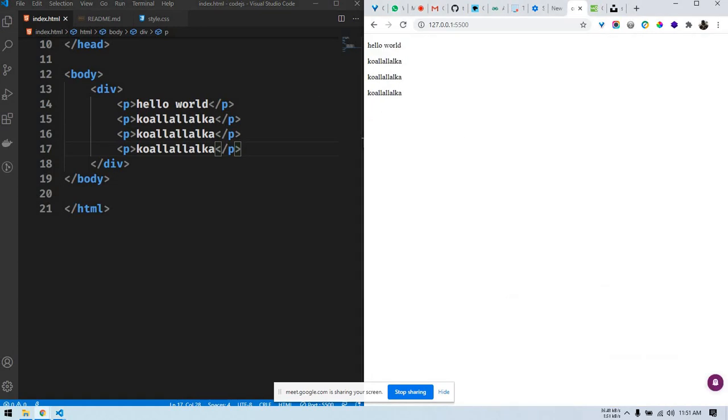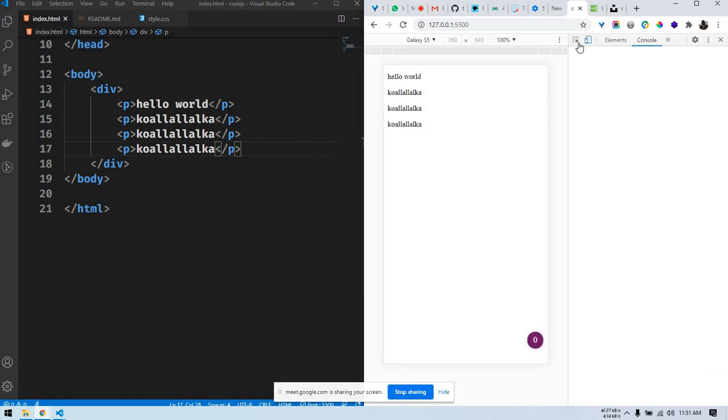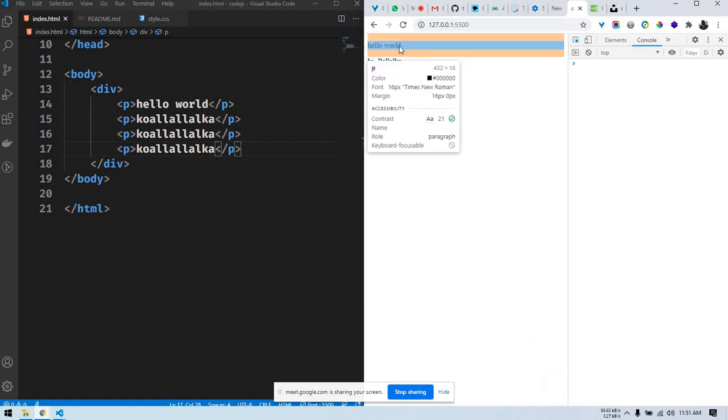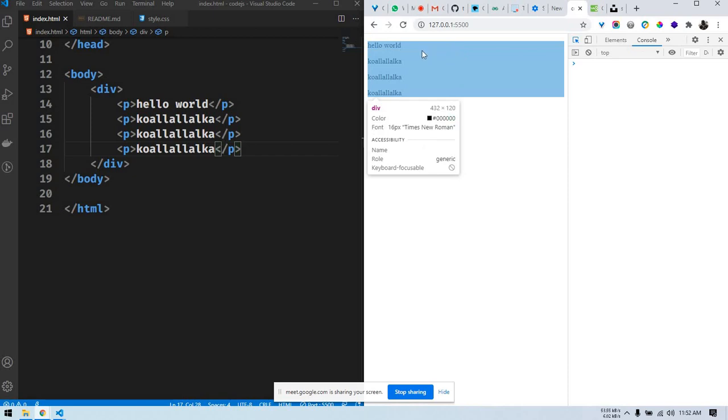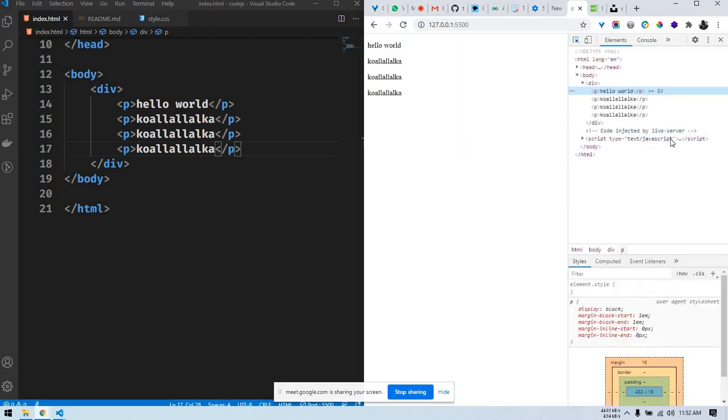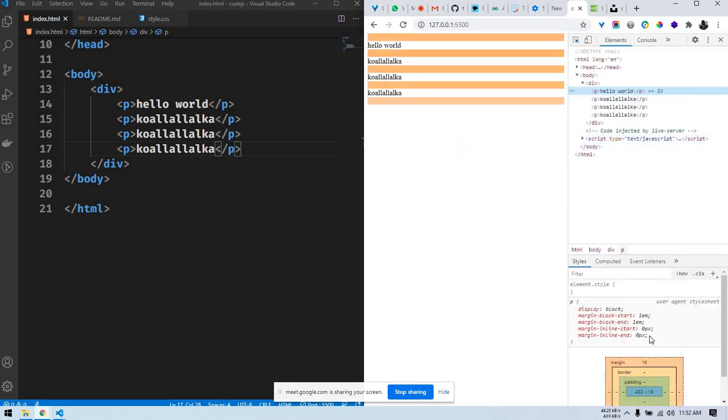Normally, like I did before, these elements are block level elements. So let me just demonstrate that. Let's remove this multi-view. If you click this now, you see each p tag is occupying the entirety of the width. If you wanted to make them not be like that, you could just come and